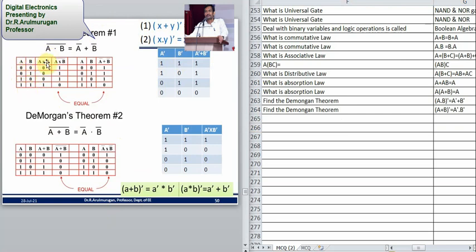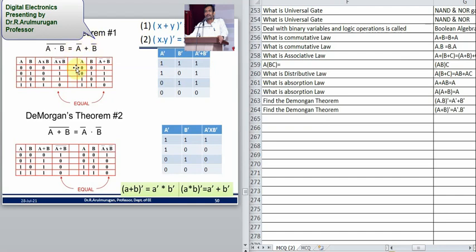First A into B. A into B is called the AND gate. So multiply: 0 into 0 is 0, 0 into 1 is 0, 1 into 0 is 0, 1 into 1 is 1, and then take the bar. So A into B whole bar means just the opposite: 0 is replaced with 1, 0 with 1, 0 with 1, and 1 is replaced with 0. So this is the left hand side. Yes or no? I completed it. Then I want to go to the right hand side.